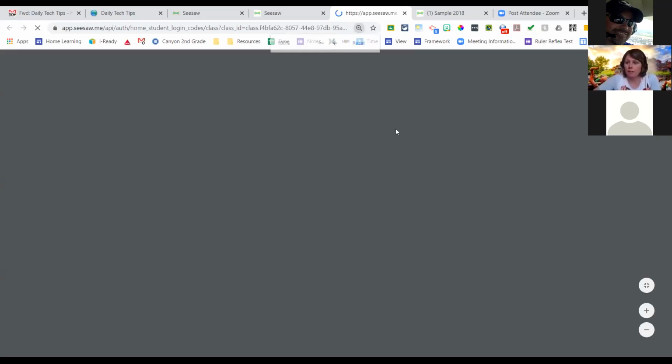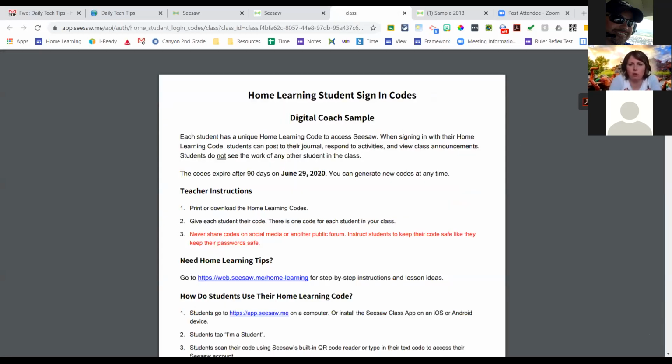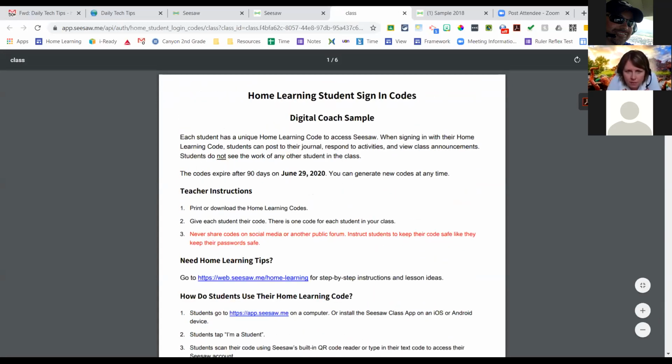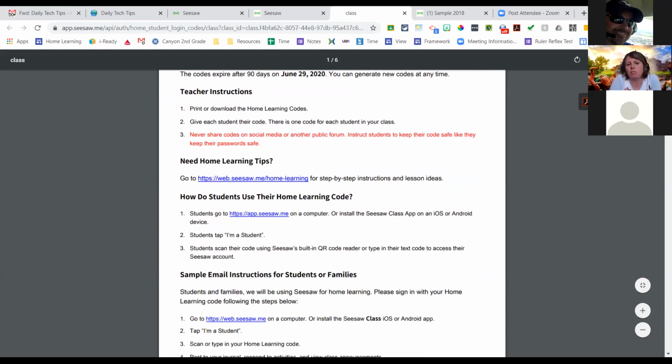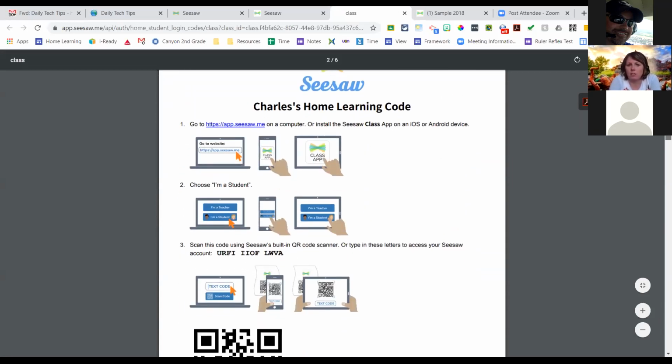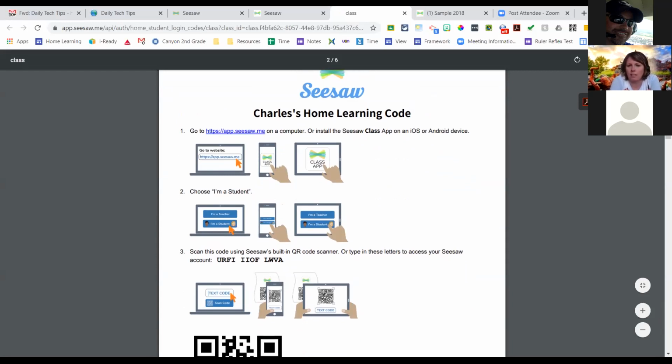and this will show up. And what it will do is it's going to give an individualized code for your students, and it's good for, I believe it was 90 days. Yeah. So what's great about this is, like Charles, so what I can do is to Charles's parents, I could